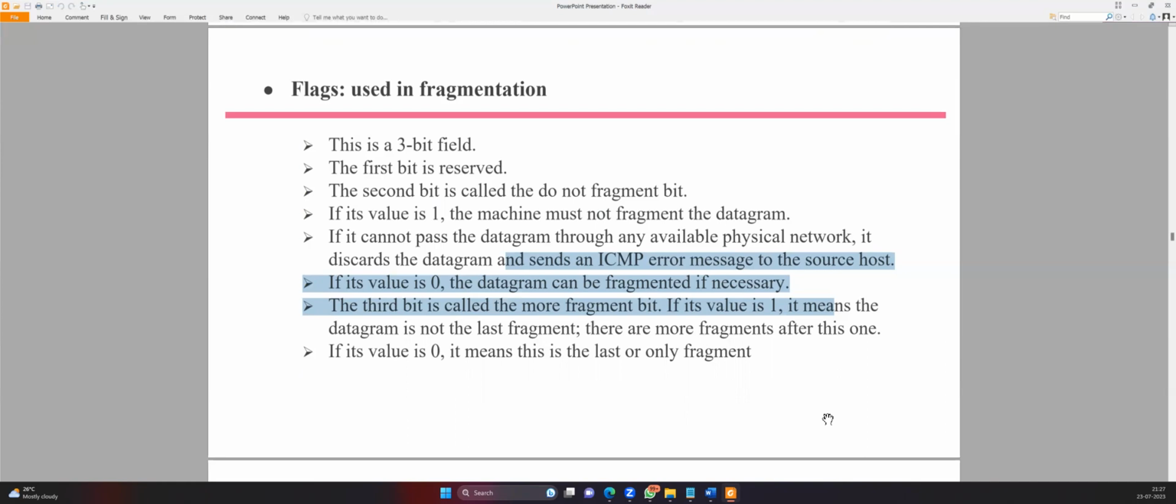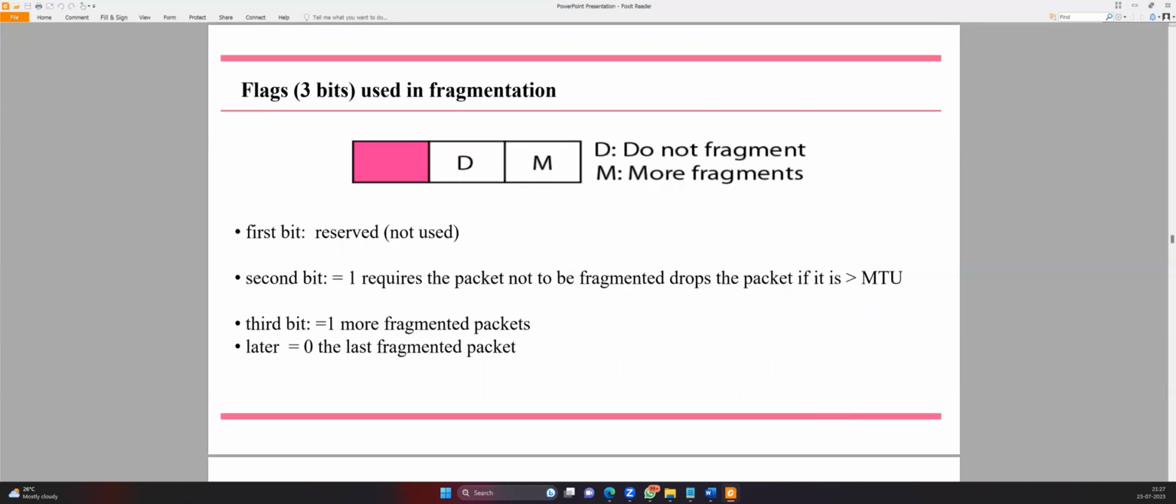Fragmentation, what we do is chop the packets into smaller chunks, so that if there is any issue, we need not send the whole set of packets. For that we have 3 bits. Either it can be do not fragment or more fragments. So that decides whether we have the fragmentation or not. So based on that,